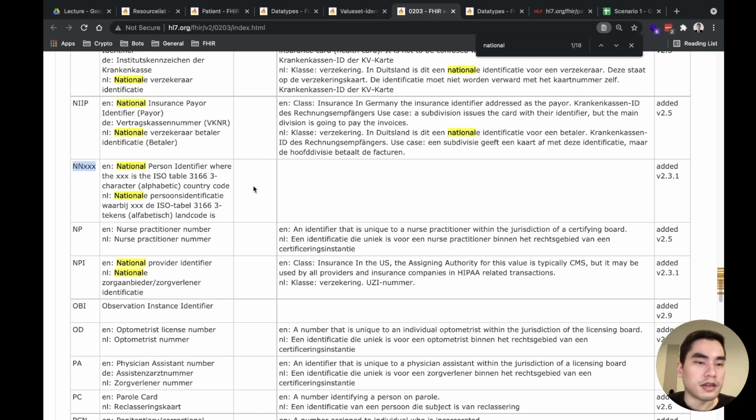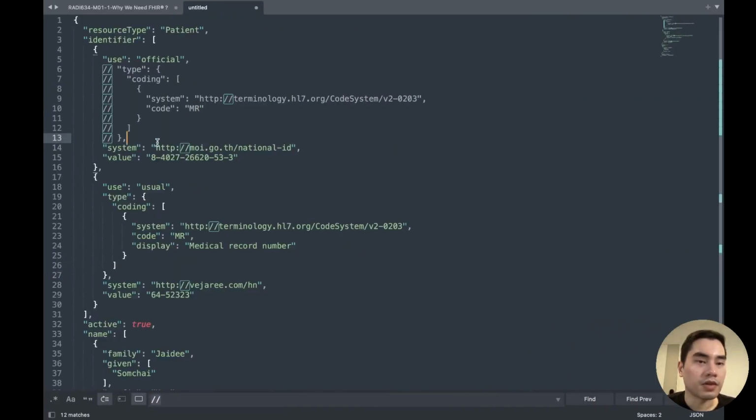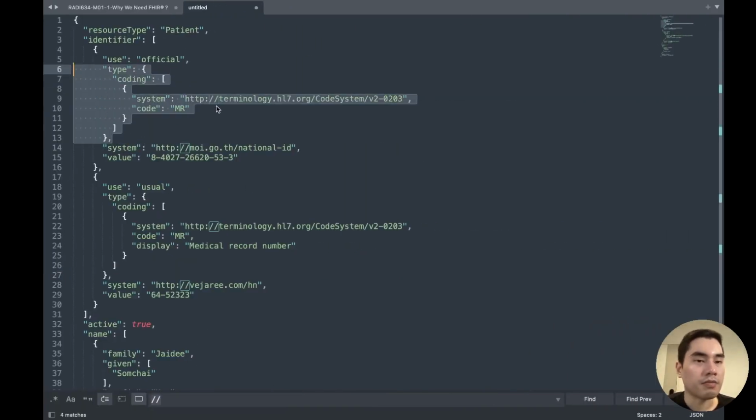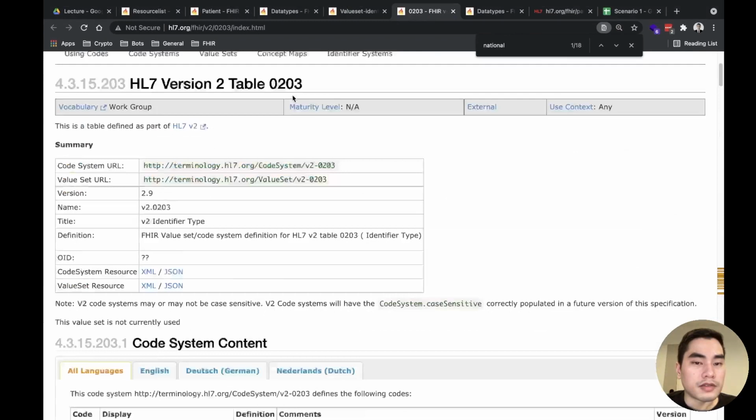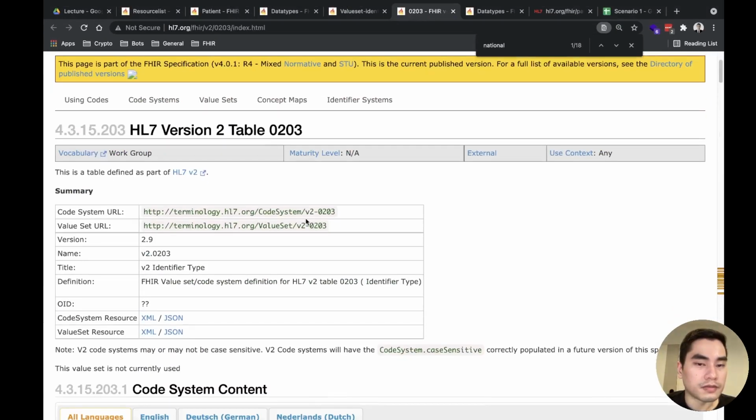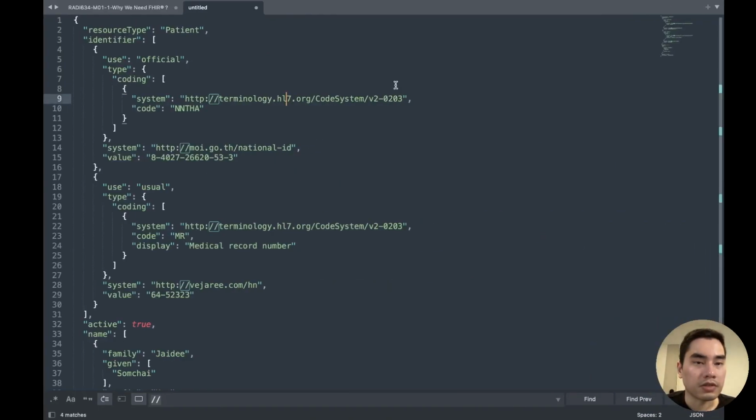For Thailand it is NNTHA, and the code system of this is this one, so it's already correct.